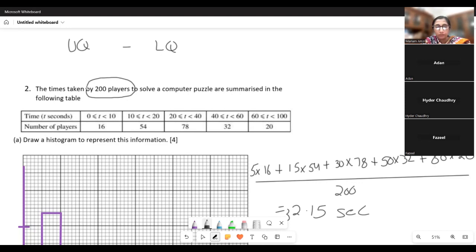70 प्लस 78 बनता है 148। इस रीजन में मीडियन लाई करे। सो मीडियन is a value between 20 to 40. However, इस क्वेश्चन में मीडियन की बात नहीं, इस क्वेश्चन में हो रही है इंटर क्वार्टाइल रेंज की बात। सो लोअर क्वार्टाइल किधर आएगा? लेट्स फाइंड अ क्वार्टर ऑफ 200, एस्टिमेट करें। सो क्वार्टर ऑफ 200 इज 50। 50th प्लेयर इस रीजन में आएगा।